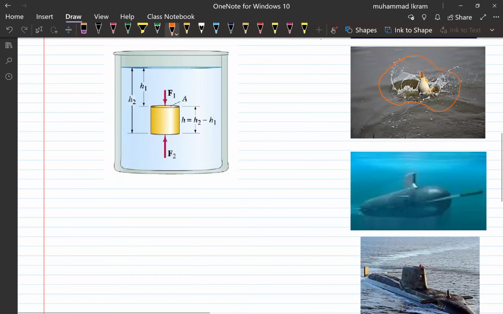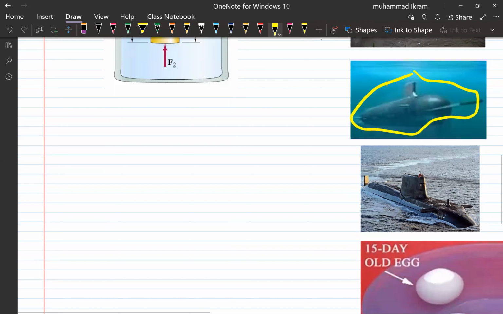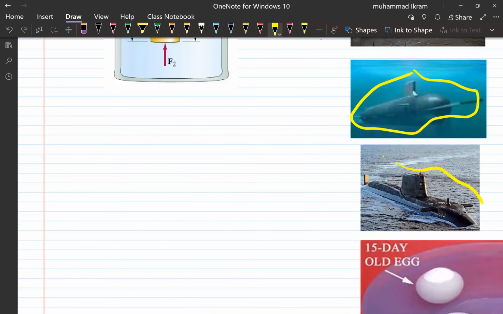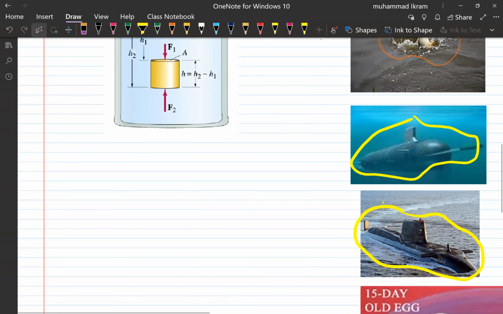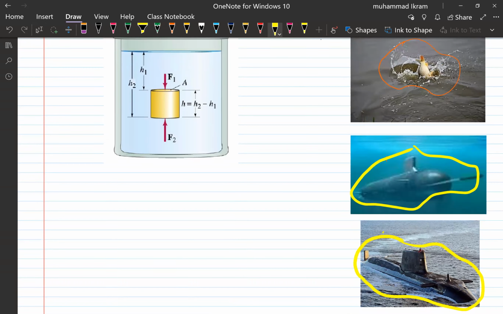Similarly, the same principle is applied to the submarine also. The submarine can sink, as you see here, and it can rise to the surface also, in order to hide from the enemy. So there are water tanks fitted